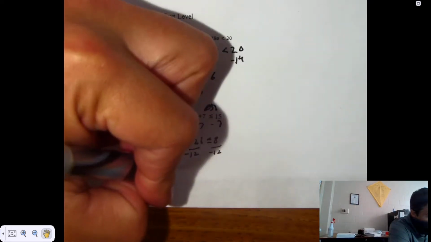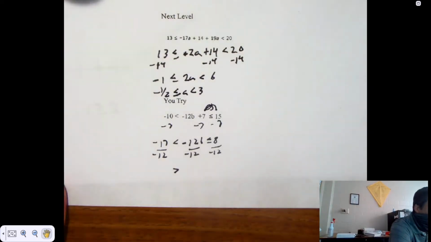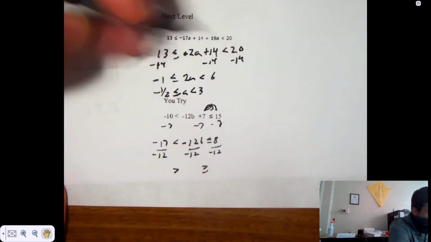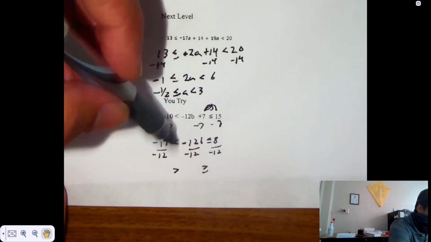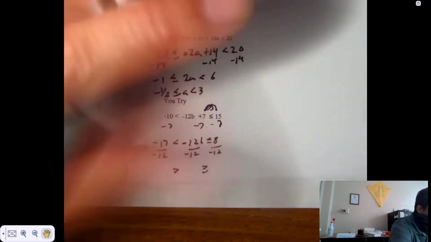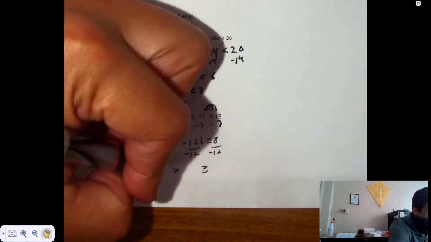That's going to cause our inequality symbols to rotate 180 degrees. I think I saw one kid, maybe I didn't catch it, but I think one kid actually put this symbol over here. The symbols stay where they are, they just flip upside down. Negative over negative is positive,